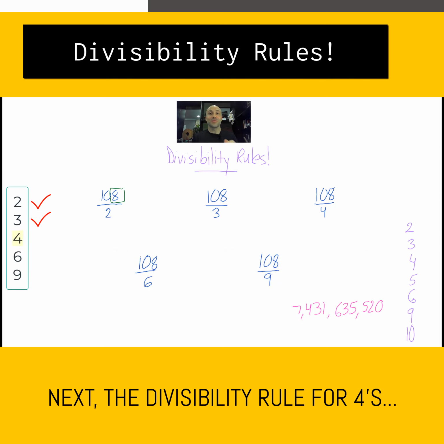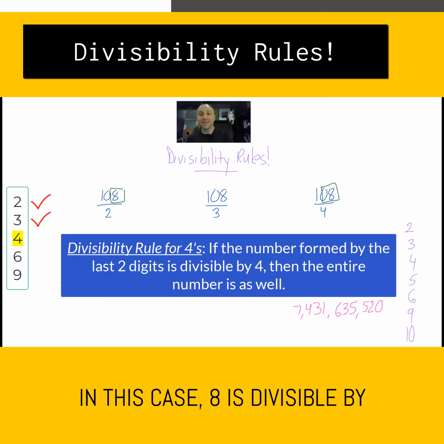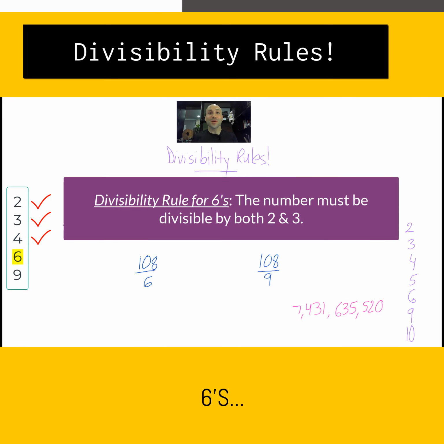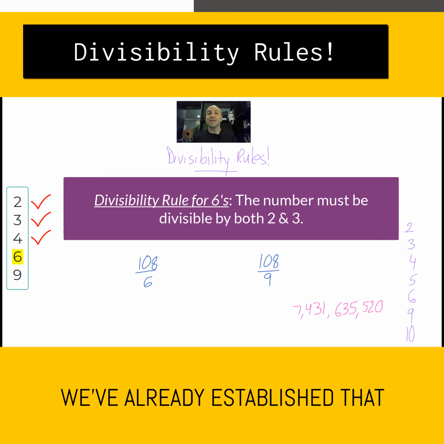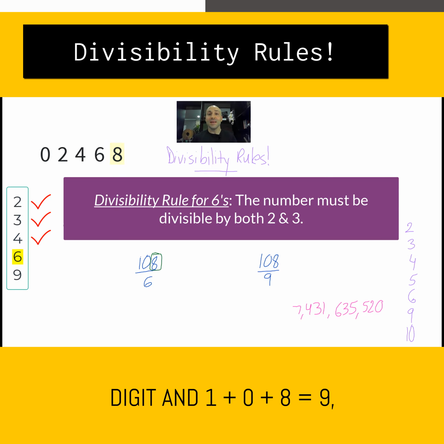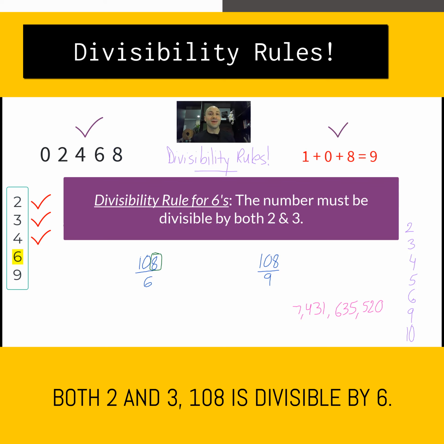Next, the divisibility rule for 4s. If the number formed by the last two digits of the number is divisible by 4, then the entire number will be divisible by 4. In this case, 8 is divisible by 4, so 108 is as well. 6 is next. In order for a number to be divisible by 6, it must be divisible by both 2 and 3. We've already established that 108 is even, since 8 is an even digit, and 1 plus 0 plus 8 is 9, which is divisible by 3,